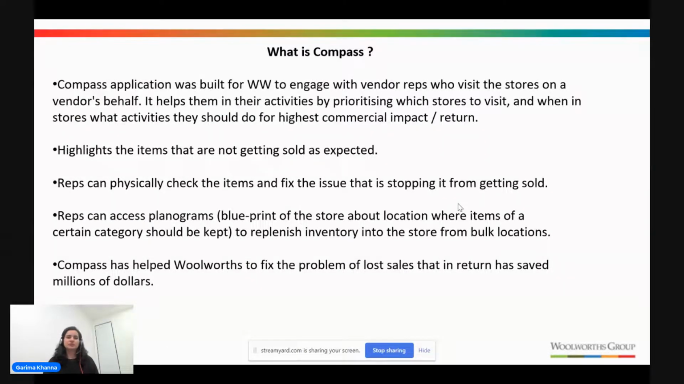The Compass application was built for Woolworths basically to engage with vendor reps who visit the stores on vendors' behalf. By vendor, I mean, let's take an example of a company like Nescafe or Nestle or Coke or Pepsi. When a rep from a vendor's company, let's say Nestle, goes to a Woolworths store, they have to figure out whether the item on the shelf, let's take a very basic example of Nescafe coffee, is selling. If a rep from Nescafe goes to a Woolworths store and sees that Nescafe coffee is not getting sold, or the sale is very low compared to previous months or weeks,